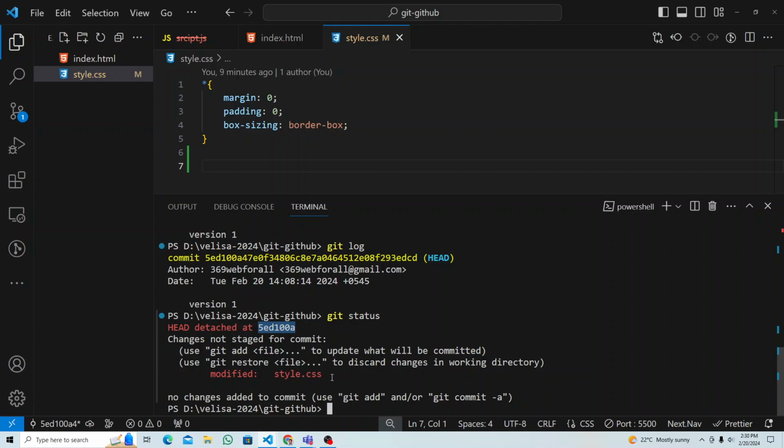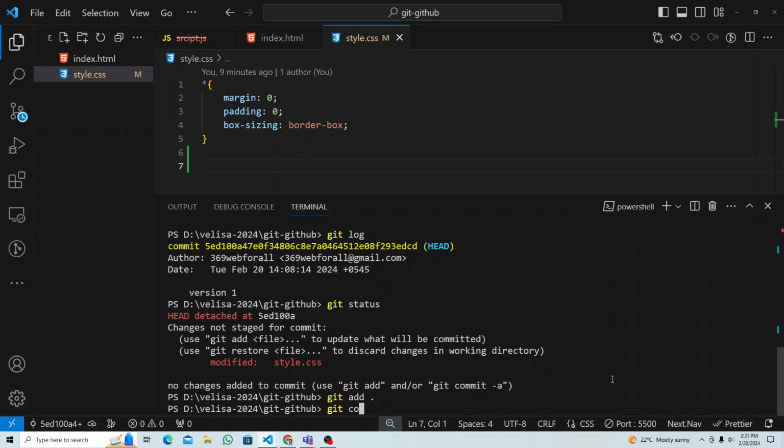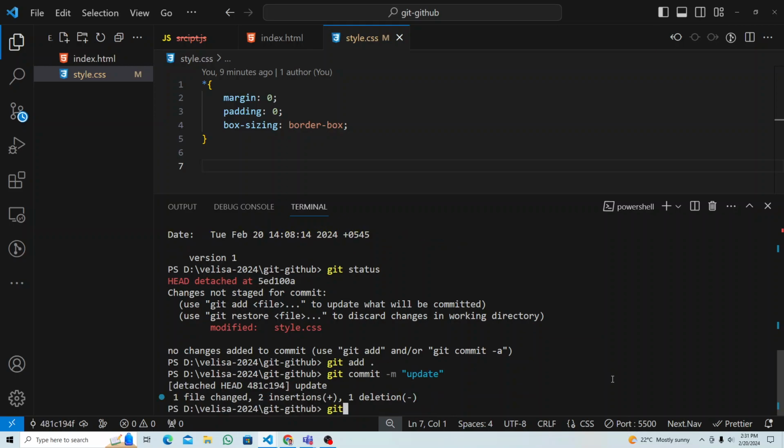Modify style.css. I mean, what you can do, right? You can just do git add. Let's do this. Git commit. I mean, we have not made any changes, right? But update git. Okay,